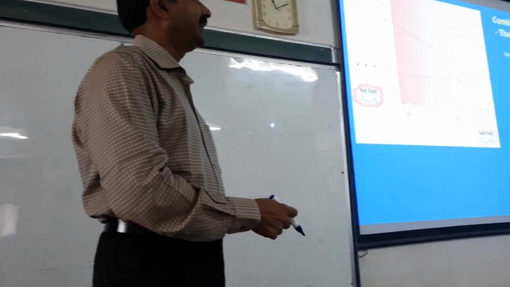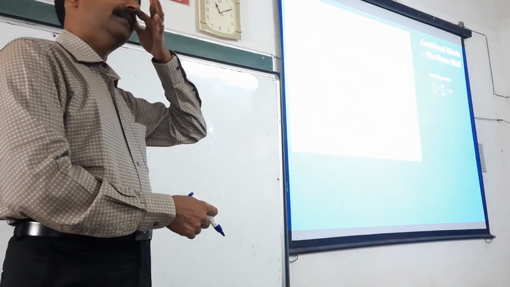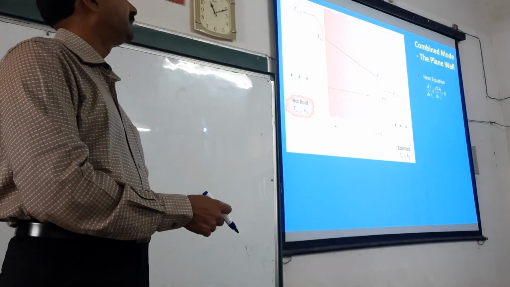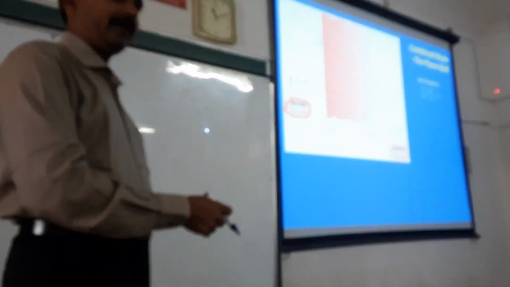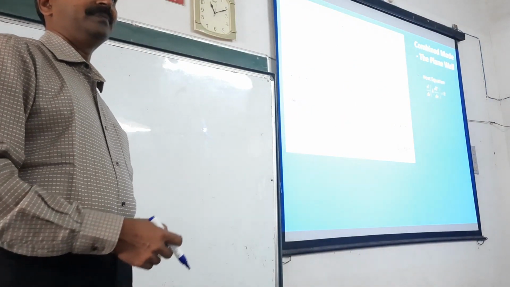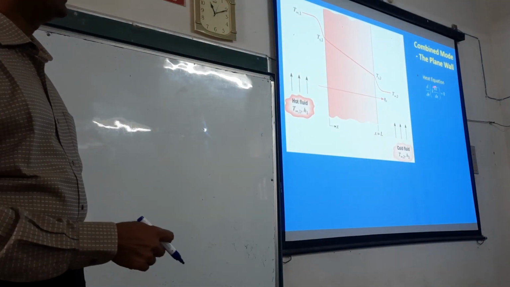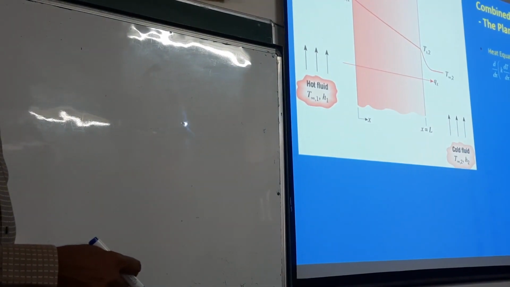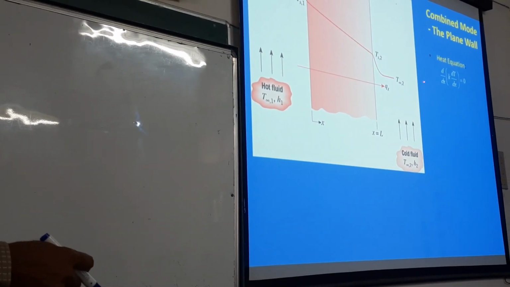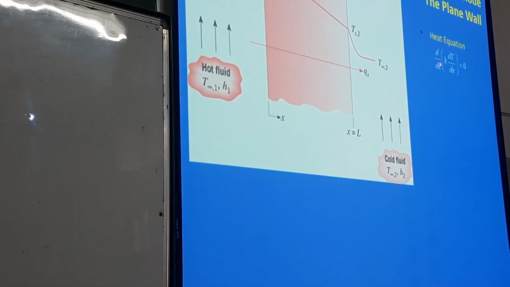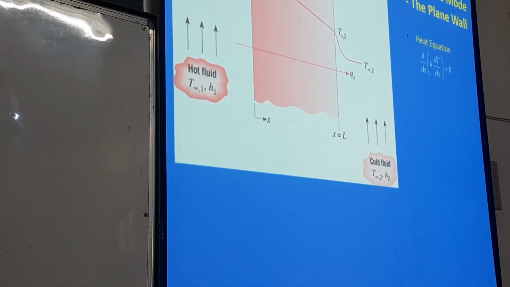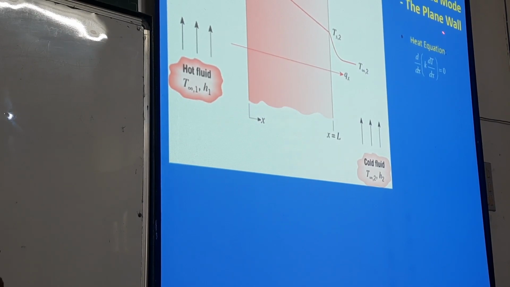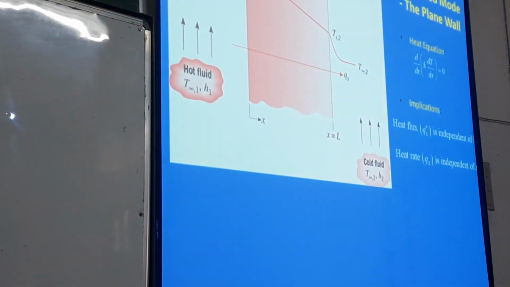You could see this in this form: del by del x of k into del T by del x, plus del by del y of k into del T by del y. That's how we have got the equation. From that, we move further, assuming k as constant. Then k was taken out of this differentiation, and this has become d square T by dx square. But now, if you stop at this and set it equal to 0, it is for the simple version of